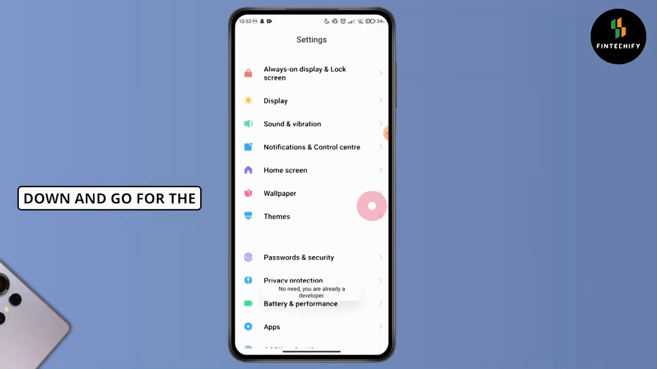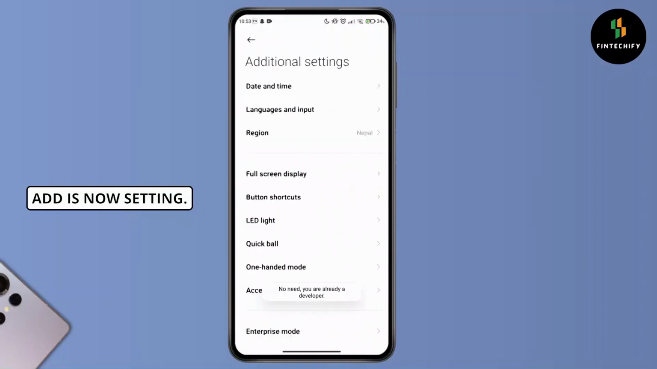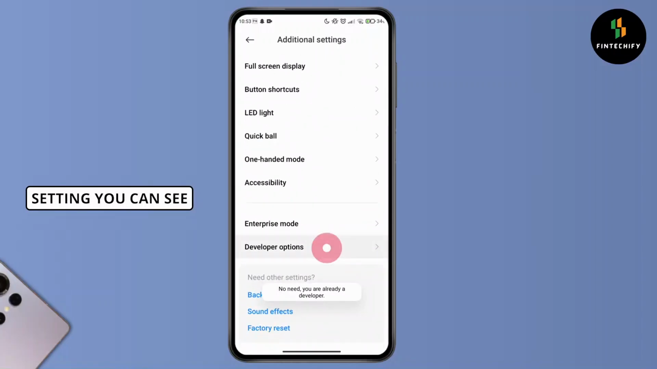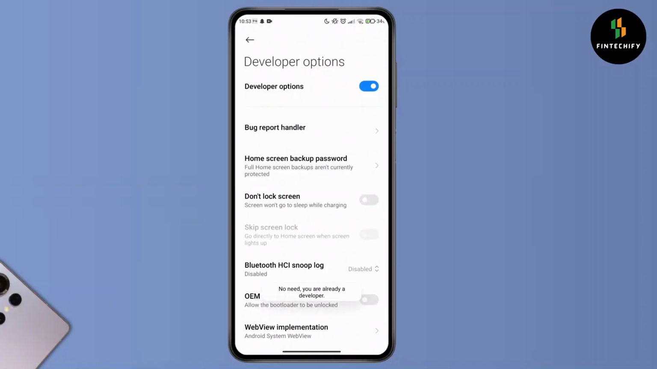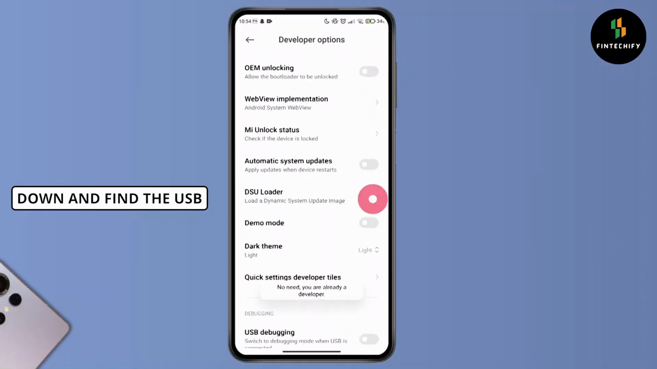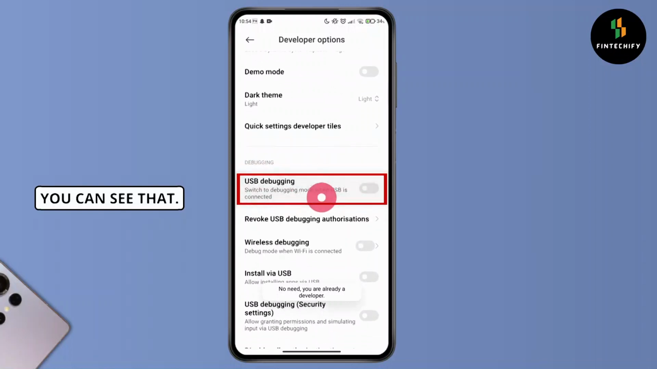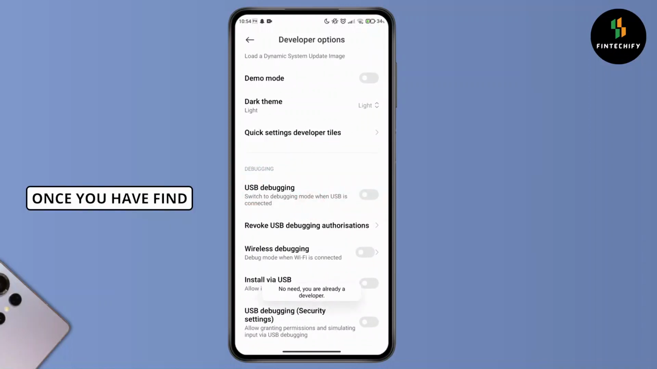So you have to scroll down and go to Additional settings. In your Additional settings you can see the Developer options. Under Developer options you can find the USB debugging option. You have to scroll down and find the USB debugging. Once you have found the USB debugging, if it is enabled,